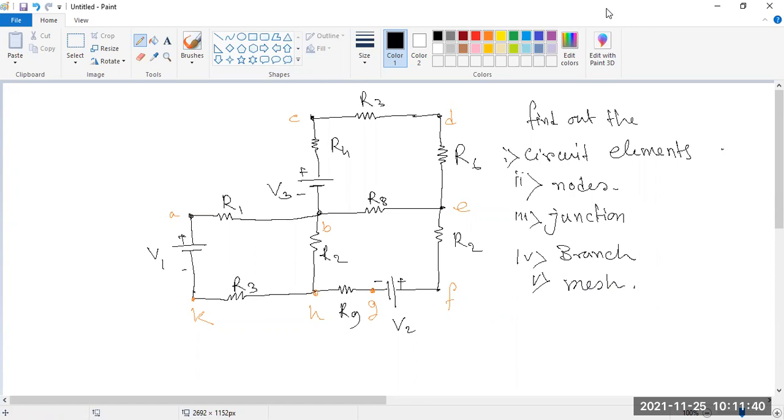So you have to write down the number of circuit elements and which ones, meaning R1, R2, etc. The number of junction points and which are considered junctions, and the number of branches and which ones, from point to point. And the number of meshes. So this is your task. Please draw it and do it, and show me. This is especially for the EC branch, so that you can understand these basics.